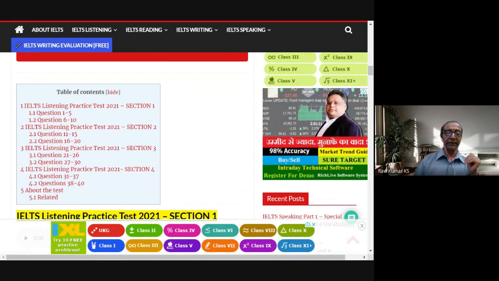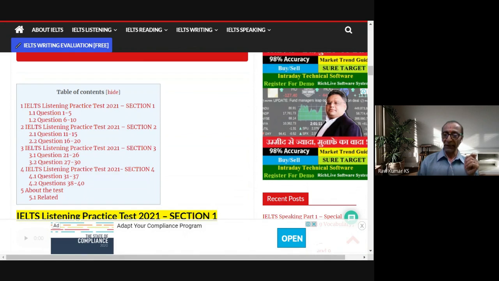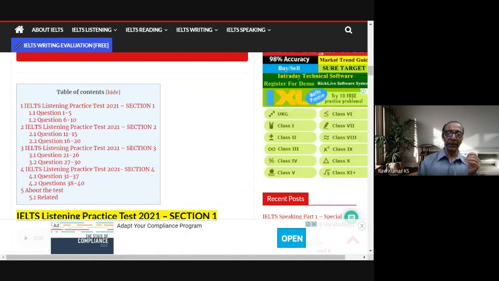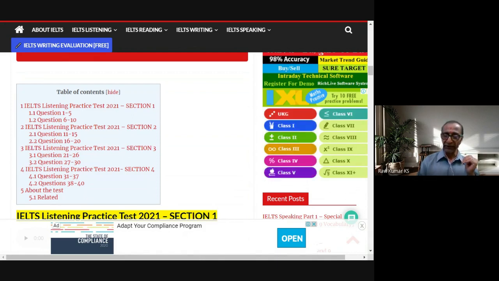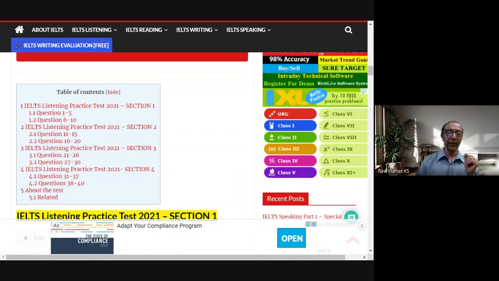In the second test, the first part would be question numbers from 11 to 15, and the second part would be 16 to 20, and in the third test, the first part would be 21 to 26, and the second part would be from 27 to 30,